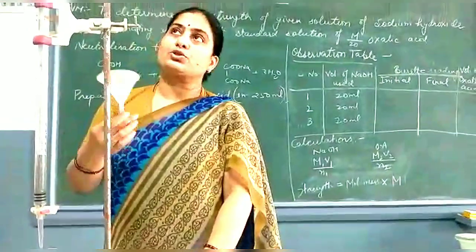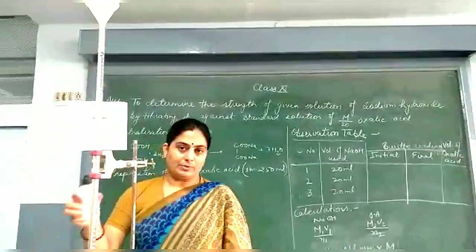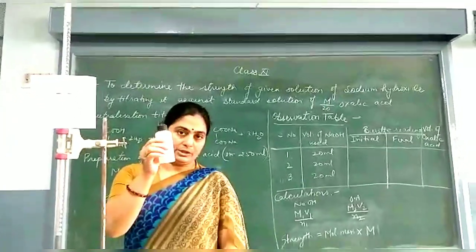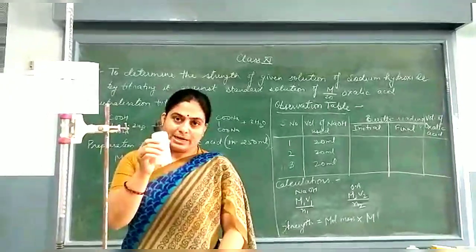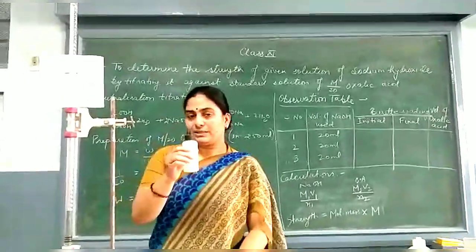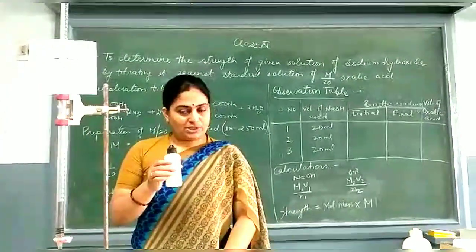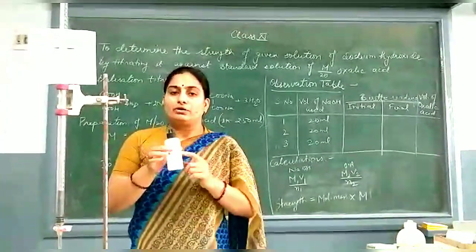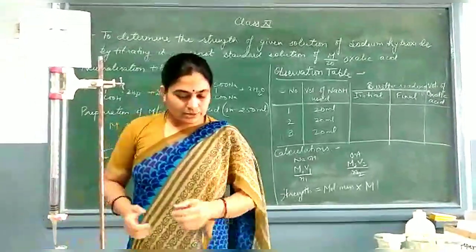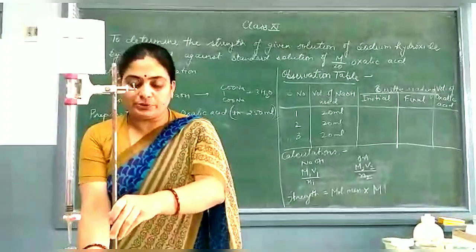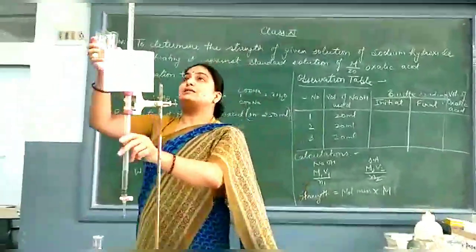This is the funnel, used to pour the solution into the burette. Here I am using phenolphthalein as an indicator to show that the reaction between acid and base has taken place. At the particular point when the acid is completely consumed, the base will be left over, and the phenolphthalein will show its color. So let's start with the solution. I have taken the burette stand towards me and add some of this acid.